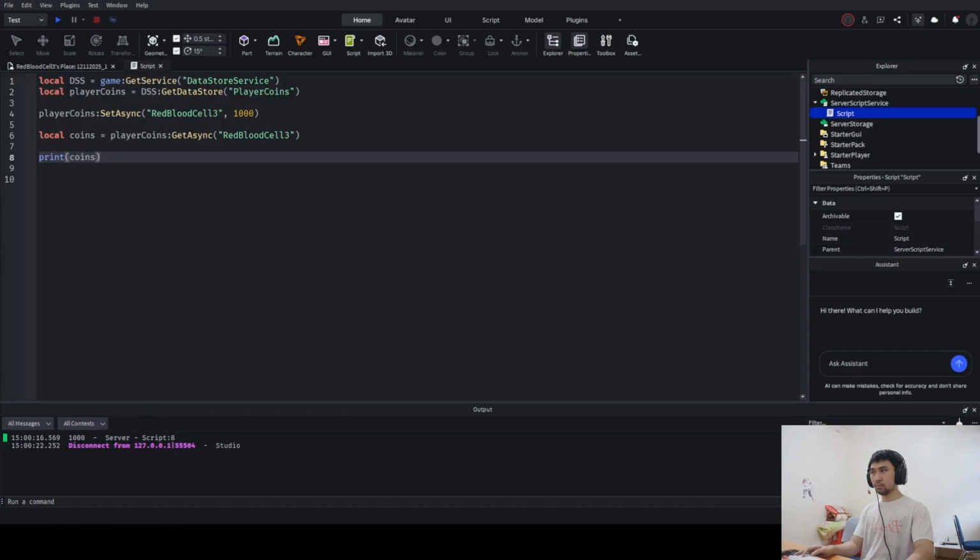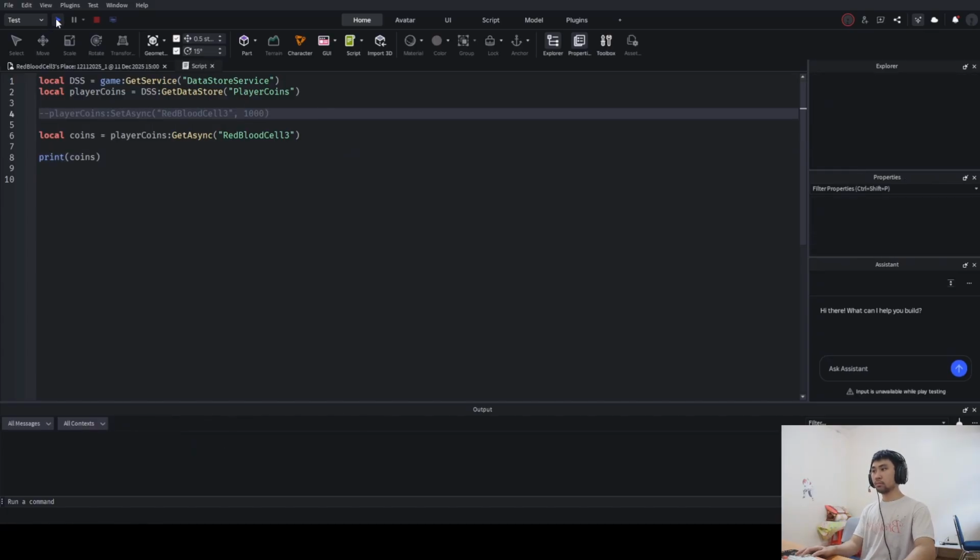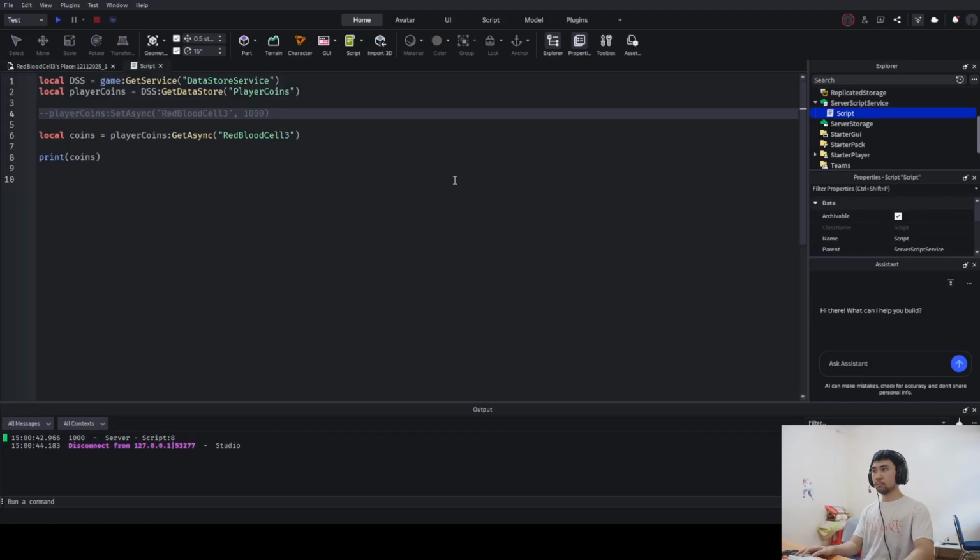So what if I commented this part out? So now if we play the game, all we're doing is fetching the value of my coins. So is this going to print 10 or is this going to print 0? Let's hit run and see what happens when we join into the game. In the output, as you can see, it's still printed 10, even though we did not set 10 to our player in the player coins data store,